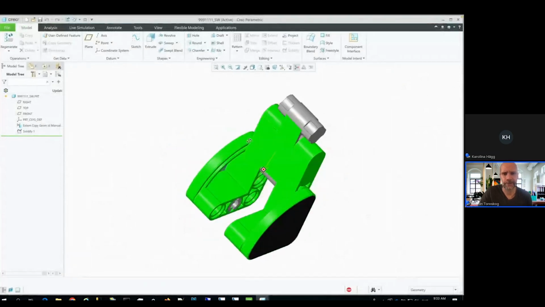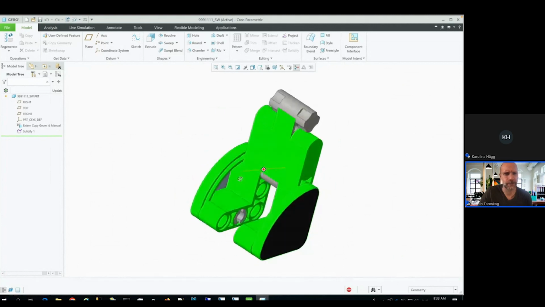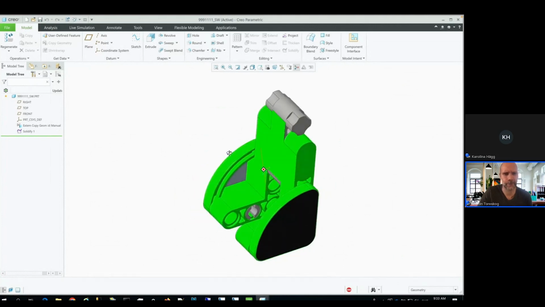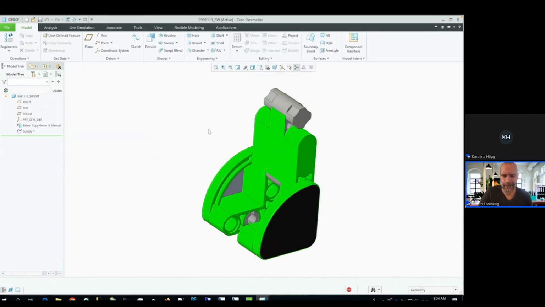So this, as you can see, doesn't have any holes and so on. This is a shrink wrap that I've created based on my seat. Let's imagine that the seat is a really big assembly. So I will not do a regular check-in in this case, because then it would create an item called